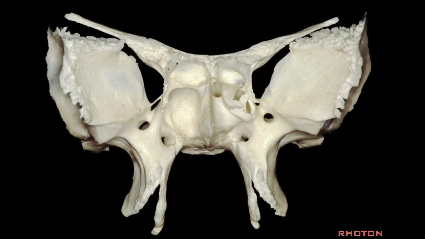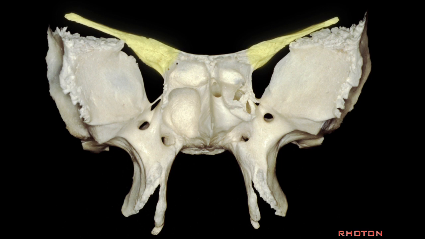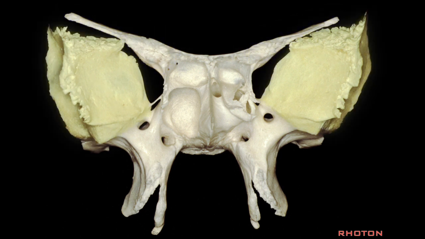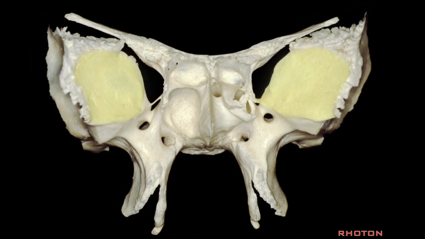So we'll start out and talk initially about the walls of the orbit, and the lesser sphenoid wing forms the posterior part of the roof of the orbit. The greater wing forms a large part of the lateral wall of the orbit. And here's sphenoid sinus here that adjoins the ethmoid, forms some of the medial wall of the superior orbital fissure,